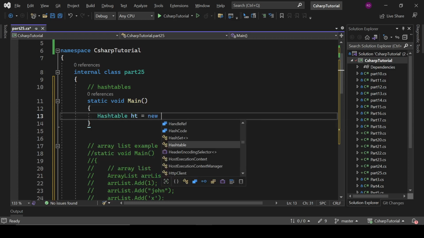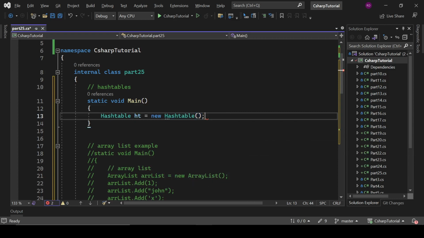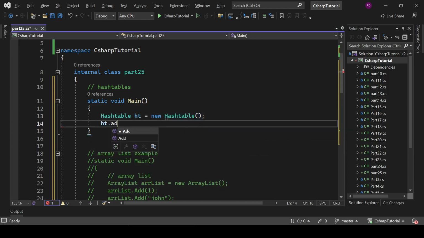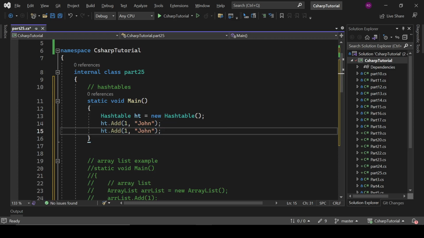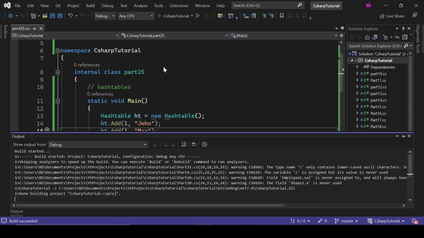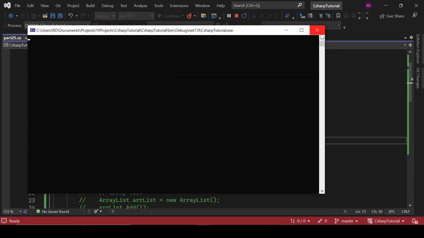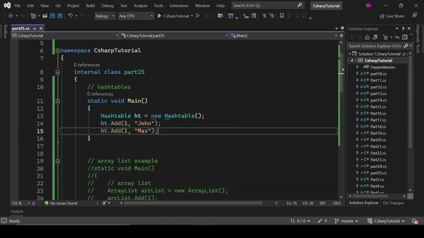ht equals new Hashtable. ht.Add(1, "John"), (2, "Max"), (1, "Max"). If I write it here, then let's run it. So it will throw an exception to us, and it is saying something. It is saying item has already been